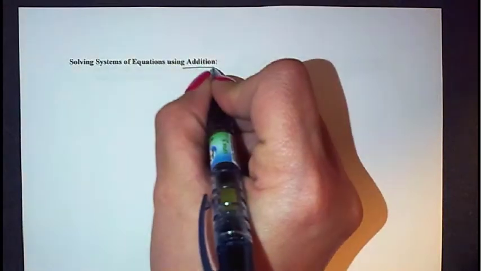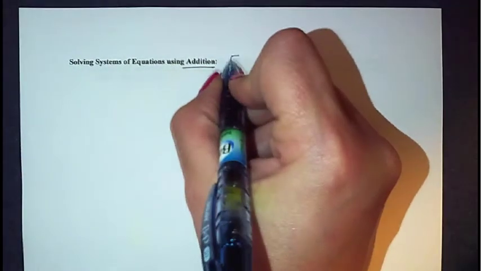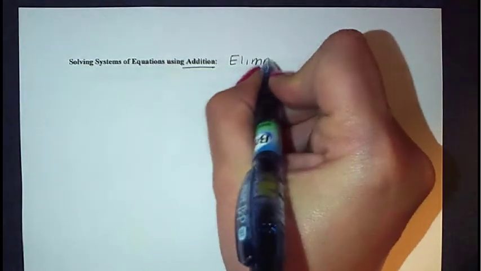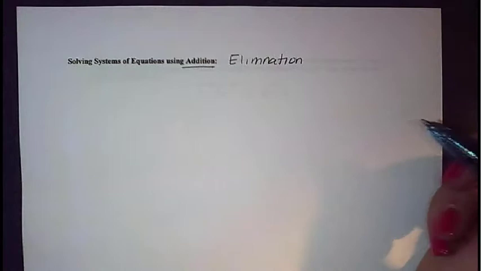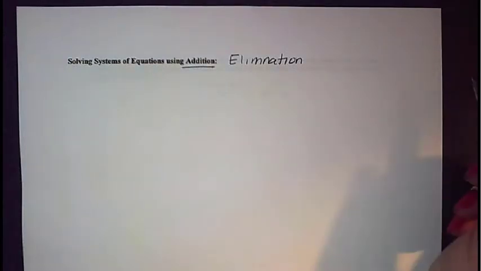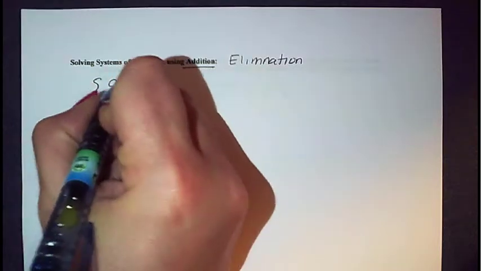So this is our third and final method of solving a system of linear equations, and we're going to use what we call the addition method. Sometimes you'll also hear it referred to as the elimination method. They're the same exact method. So if you see addition or elimination, you're doing the exact same thing. In this method, we're going to be given, again, two equations